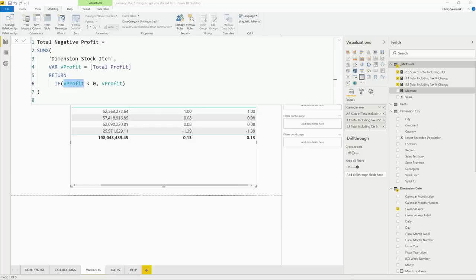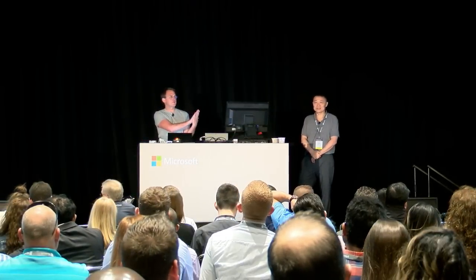By default, if you don't return it, it's going to be a blank value, so it's like a sum of a bunch of null values. So it basically doesn't change the sum. So this is a good example to show you that the variable syntax can be used anywhere inside a DAX expression. Doesn't have to be only at the top level, even though the top level is the most common one. Oh, that's cool. So you don't have to write variables right at the very outer layer of your calculation. You can sprinkle them inside your calculation.